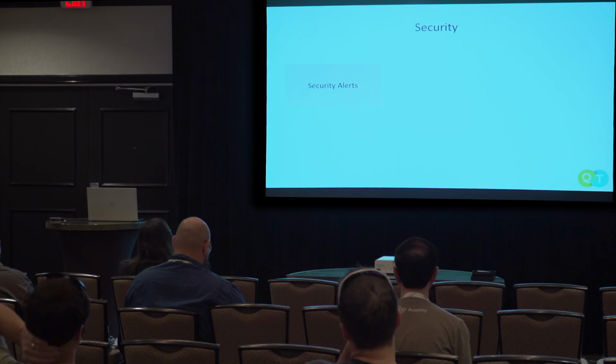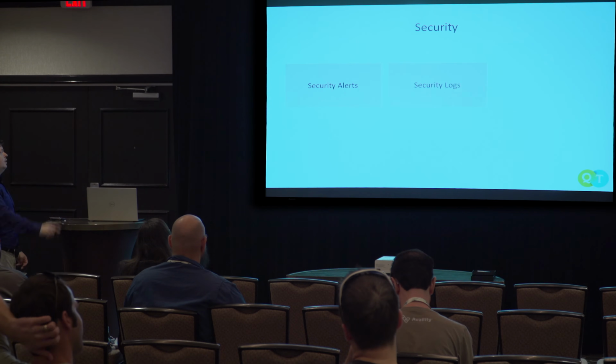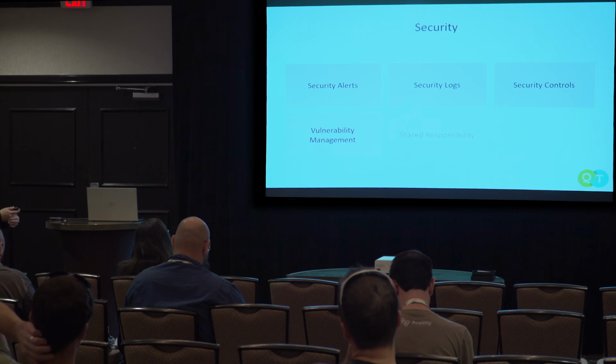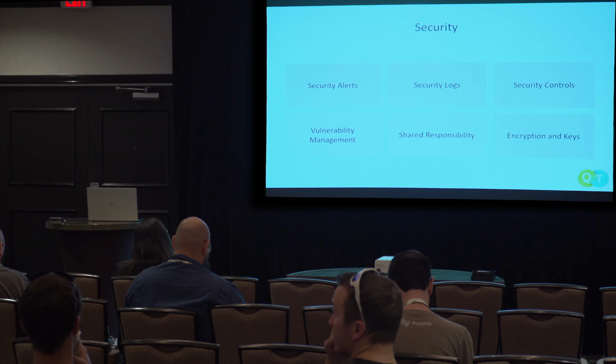For security, you need to consider, how do I alert? Because I want the security team to feel the kind of pain that they put me through. I want security logs so that I can do a retro whenever there's an incident. Security controls so that we can change what is and is not allowed depending on business unit needs or management group needs. I need to be able to manage those vulnerabilities. I have to make sure that there's a shared responsibility between the security team and the application teams so that things are not solely within one group. And then finally, I need to make sure that encryption and keys and all are managed in a common way that is pre-approved by the security teams.